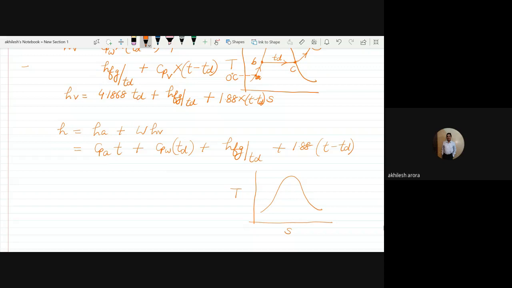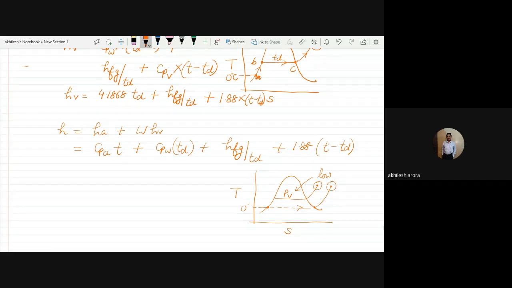No, actually this was the point which I am talking about. This is the 0 degree Celsius point, and this is PV. What happens even if I go from 0 degree Celsius to this particular point? Because this pressure PV is very low, whatever enthalpy I am calculating at this point is not much different from this point.